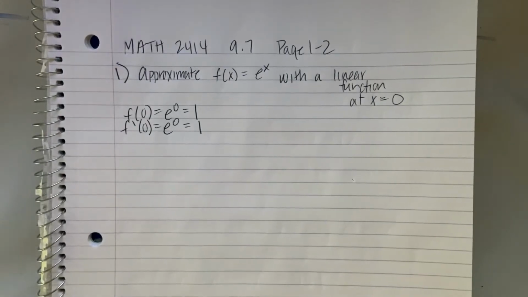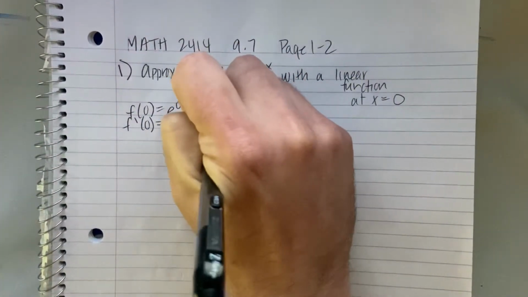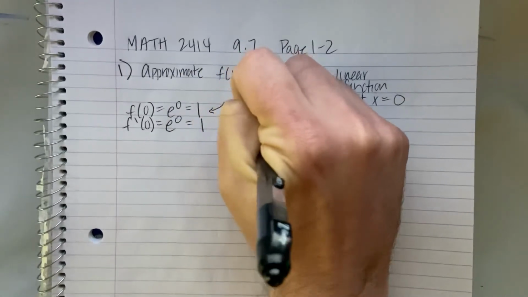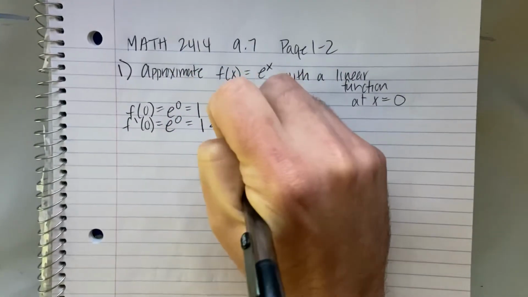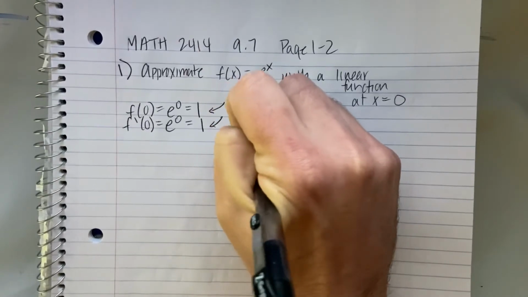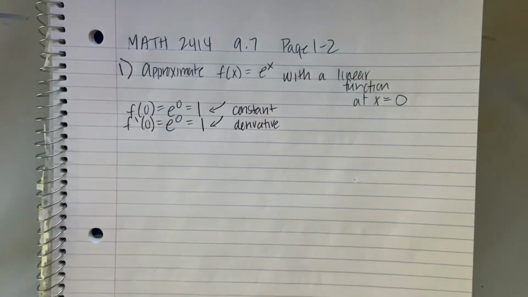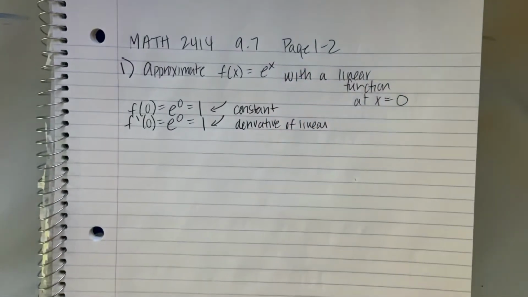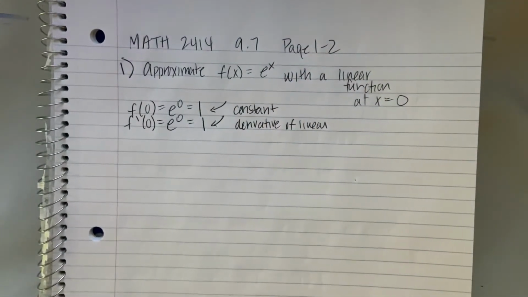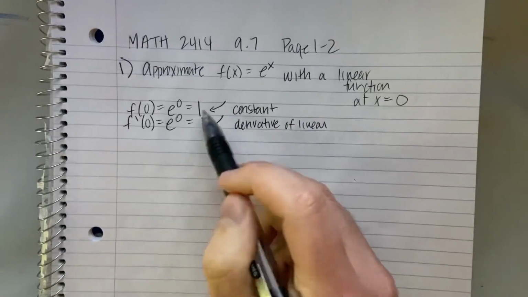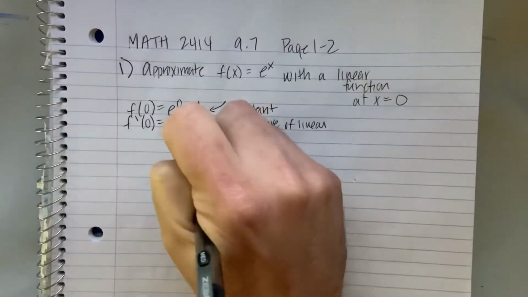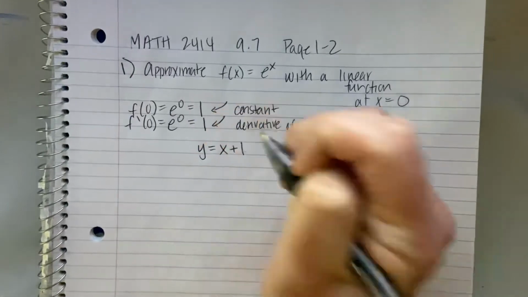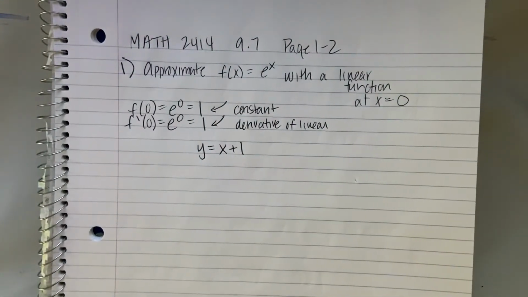So these will give us, this is the constant that we need for our polynomial, and this is the derivative of the linear term. Because we took the derivative of e to the x, so we have to take the derivative of the linear approximating it as well. So what type of function has a constant when you take the derivative of it? Just regular x, especially if it's just 1. The derivative of x is 1. So this should give us the function y equals x plus 1 as an approximation for e to the x